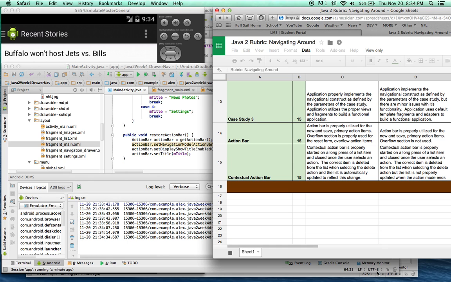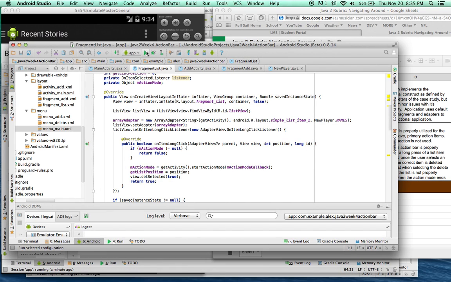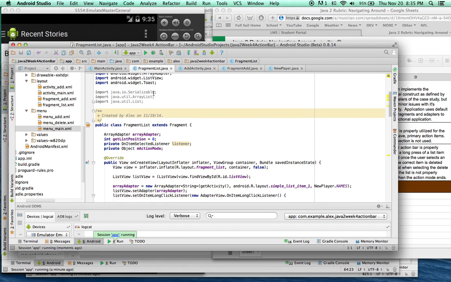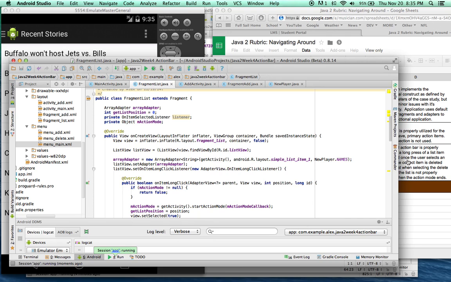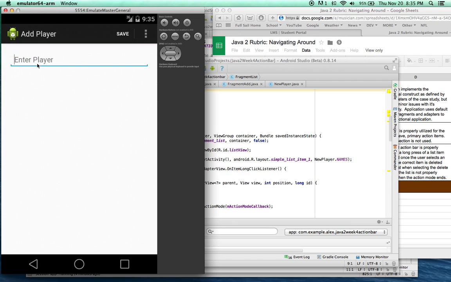Then moving on to the action bar, let this load here. For the action bar, it's got the add button. So this is just displaying NBA players. You can click the add button to add a new player, and it'll display a new